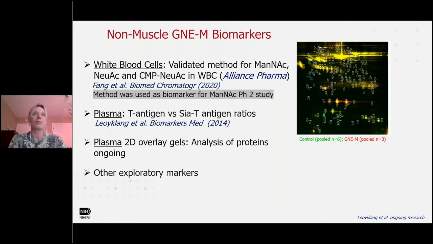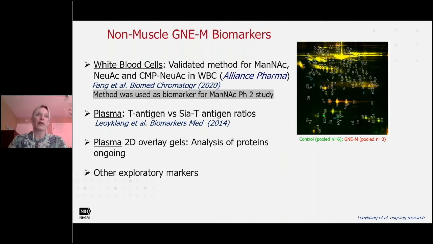It's a cell system. We developed a validated method with Alliance Pharma, who has this method running now. And we published this just recently, and it was used as a biomarker also for our phase 2 trial. In the past, we have also looked at biomarkers in plasma using so-called glycomics studies, glycan analysis, glycoconjugate analysis,